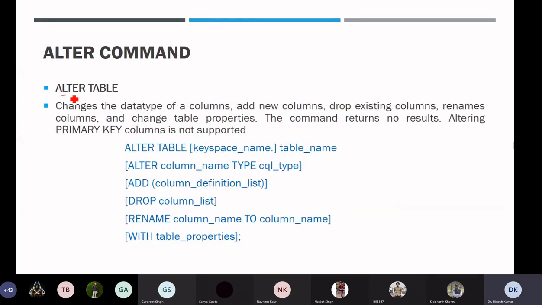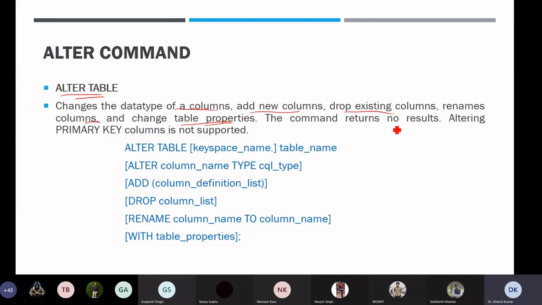Then second is the alter table command. Here you can change many things in the table by using the alter table command, right? Like you can add a new column, change the data type of a column, drop an existing column, rename a column, right? Then change the table properties. There are a number of table properties which are associated with the table, which is basically optional. So here you can see curly brackets, all things are optional. So as per our requirement, whatever operation you want to perform, whichever alteration you want to do on a particular table, you can add these particular options from this alter table command, right?